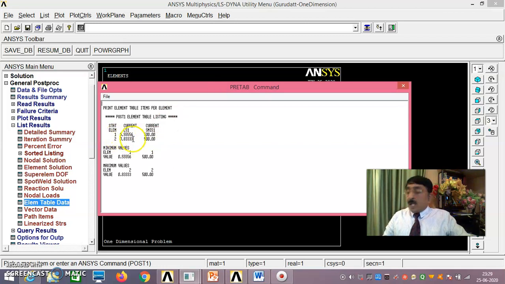Element 1, you have already determined, okay, that is LS1, axial stress is 0.5556, that is exactly the same thing what I got. And element 2, axial stress is 0.8333, it is same. And as you know, the member force for element 1 and element 2, both it is 500 only. Because as you know very well here,